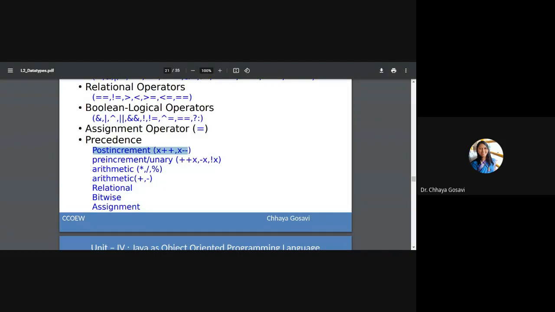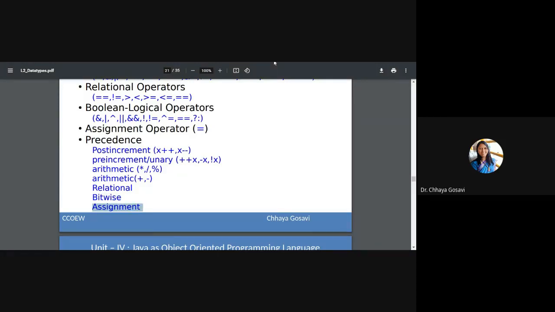Then pre-increment or unary operations, plus plus X, negative X, not X or minus minus X. Then the next preference is given to arithmetic operations. In that, multiplication, division and mod have the same precedence, but it is above addition and subtraction. Then relational operations, that is less than, greater than, equal to. Then bitwise, and lastly the assignment statement.